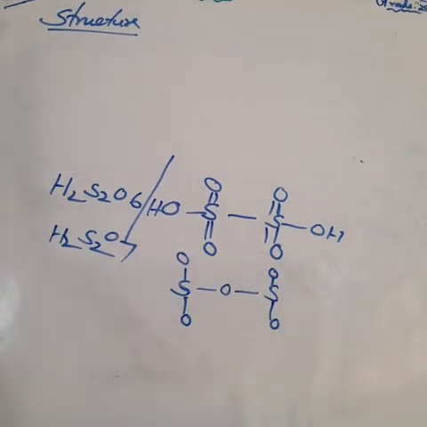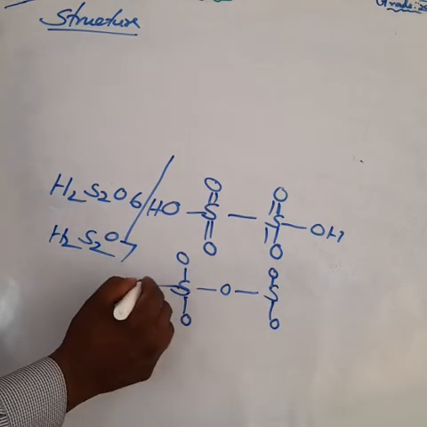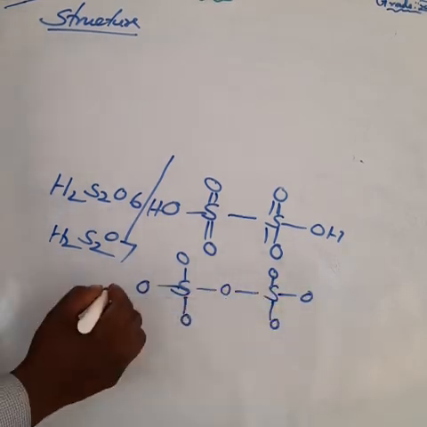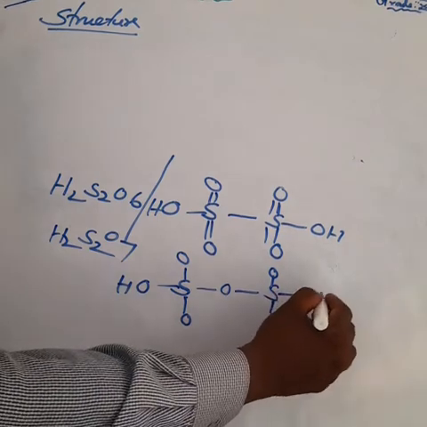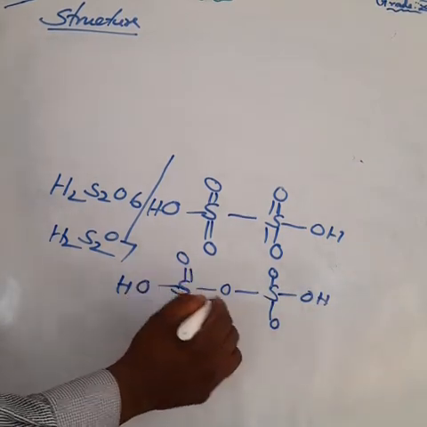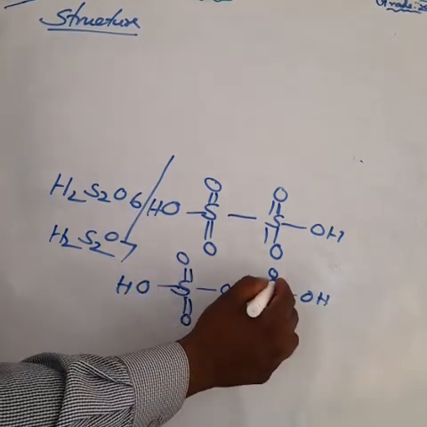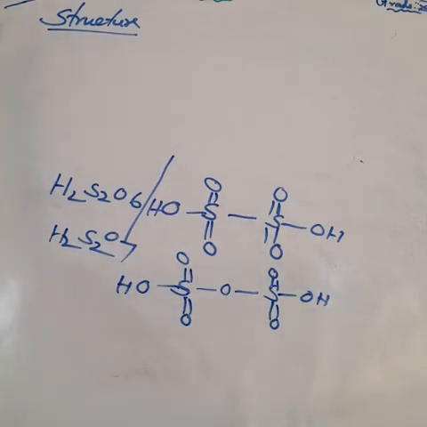So 5 over. What about the next one? Left side one oxygen atom, right side one oxygen atom, along with hydrogen. Sulfur oxygen bond double bond, sulfur oxygen bond double bond, sulfur oxygen bond double bond, sulfur oxygen bond double bond. Am I right? Next one.